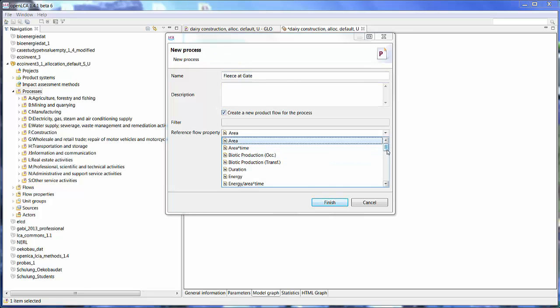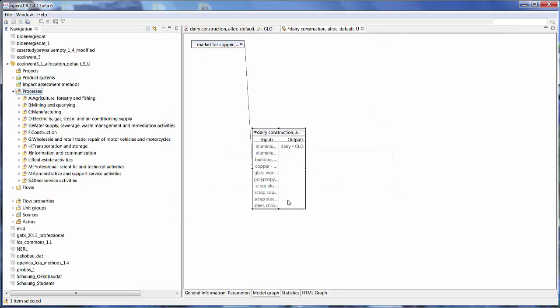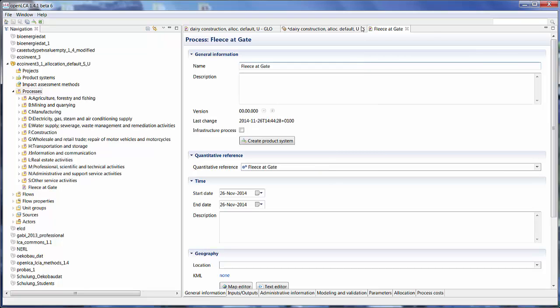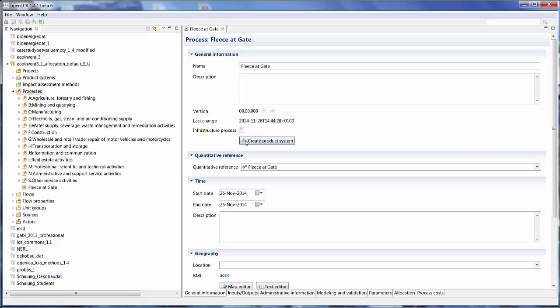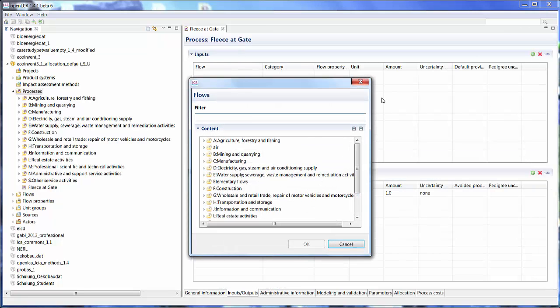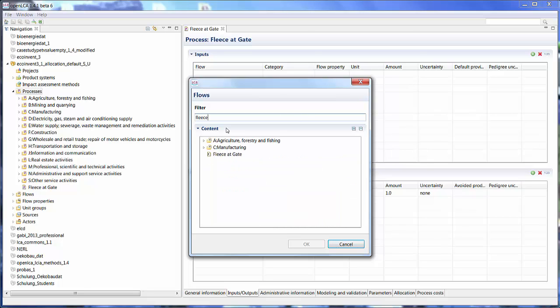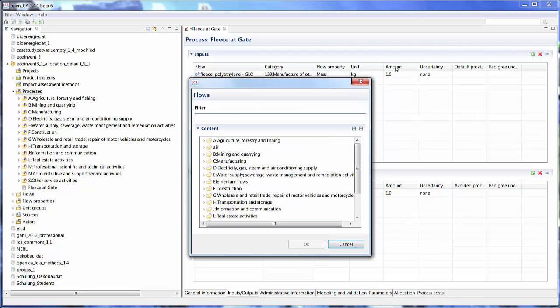Let's say we're going to use mass. Okay, so let's close these. Okay, here's our fleece gate. Now we want to add some input. Let's look for fleece production, manufacturing. Okay, so fleece production global. Perfect. Okay, and now let's add some transport